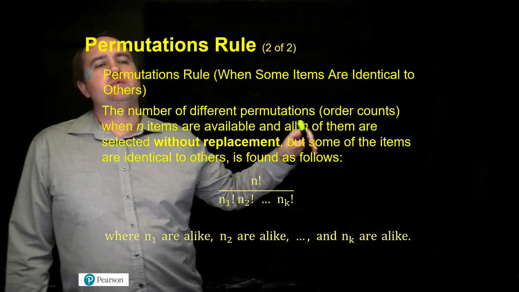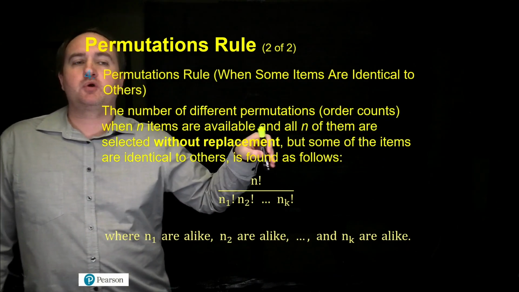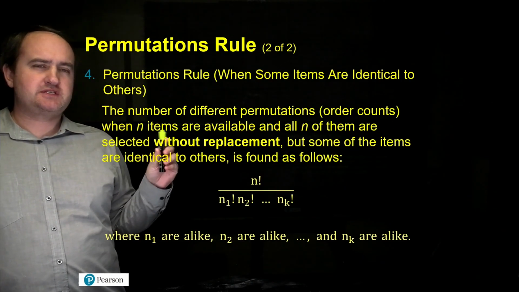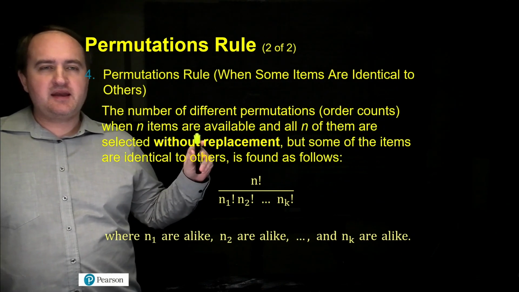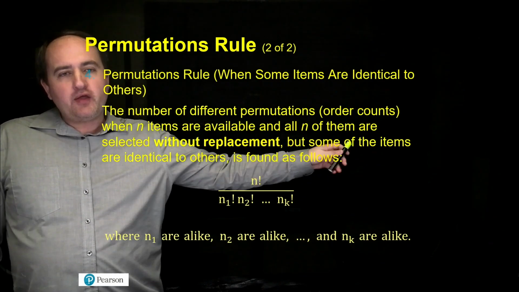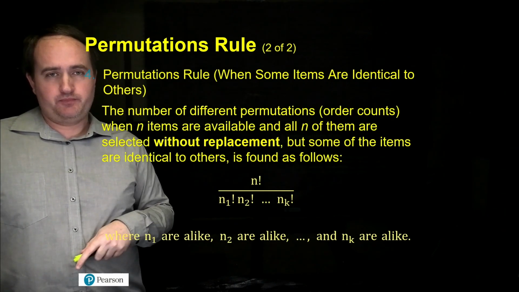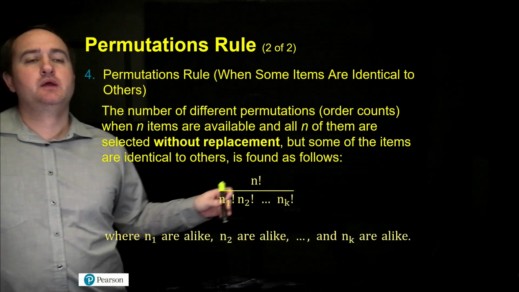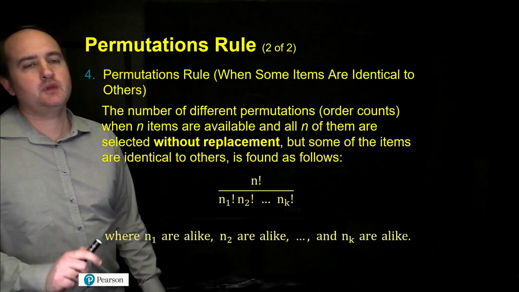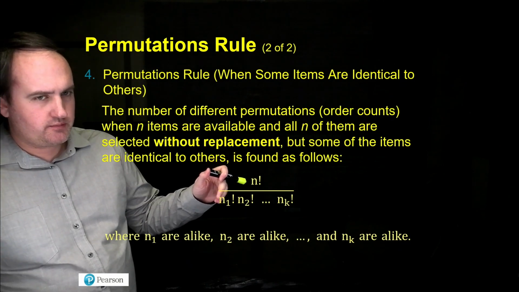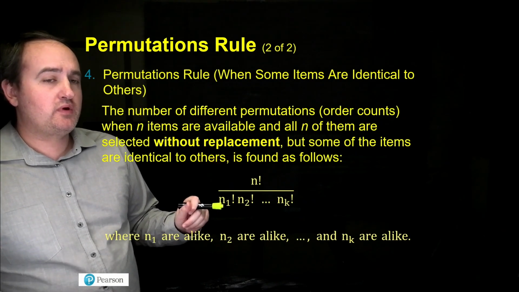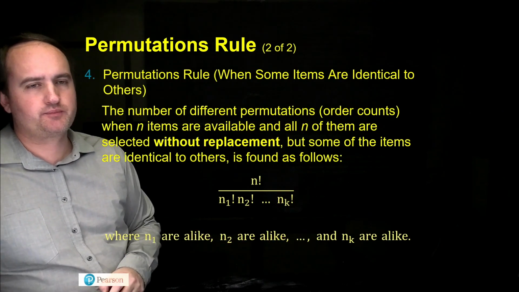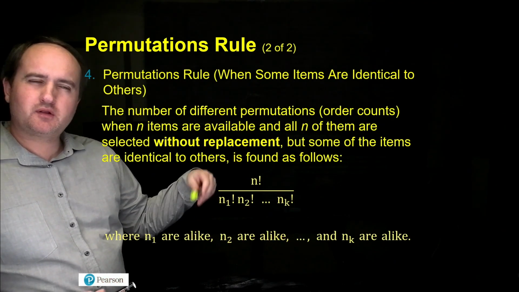So the number of different permutations where order matters, remember, whenever it's permutations, order matters. However, this is a special case. When n items are available and all n of them are selected without replacement, but some of the items are identical to others, is found as follows. So the formula is n factorial over n1 factorial times n2 factorial ... times nk factorial. So this formula could look a little intimidating,